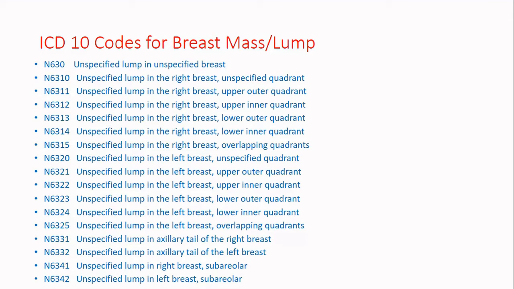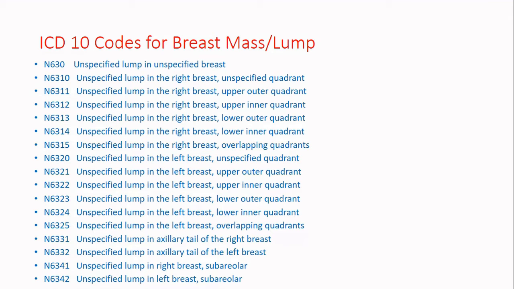You can see each code is specific for each quadrant: upper outer quadrant, upper inner quadrant, lower outer quadrant, lower inner quadrant, and there are overlapping quadrants also. So we'll see what these codes are based on and how we can code these codes